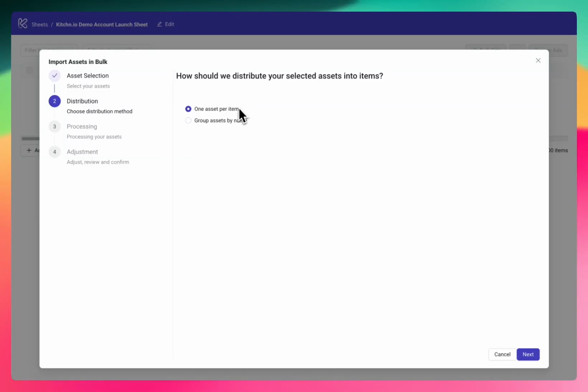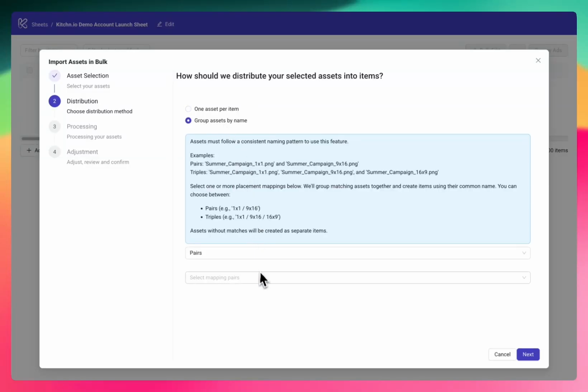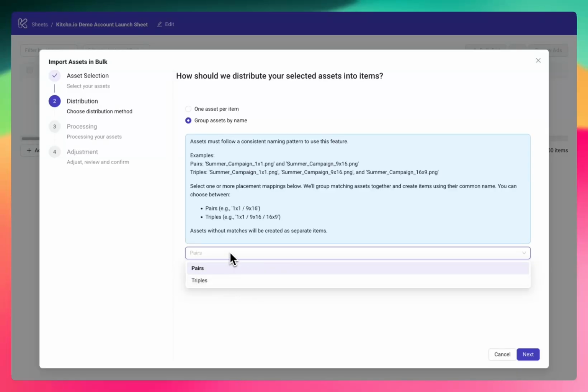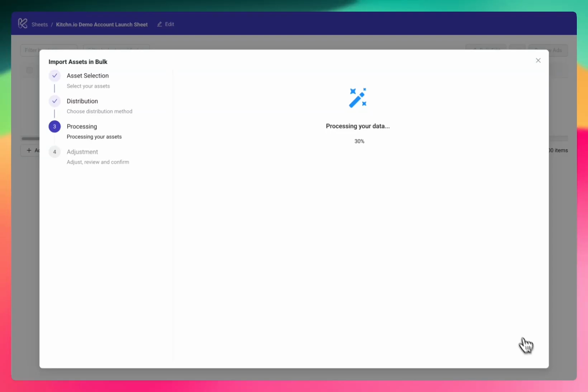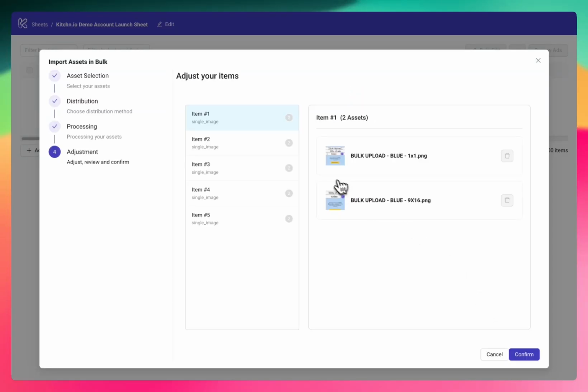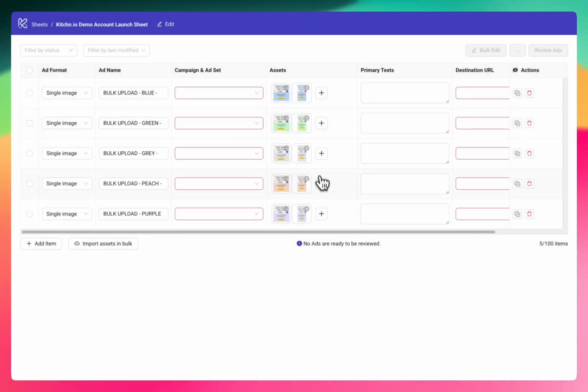I have 2 assets per ad that I want to use with different aspect ratio. So I'm going to use the group assets by name functionality. If you have a third one, like a 16:9 option, you can also use the triples option here. In my case, I'm just going to choose 1:1 and 9:16, hit next. As you can see, we have now grouped the 10 assets into 5 pairs, and they were grouped by naming